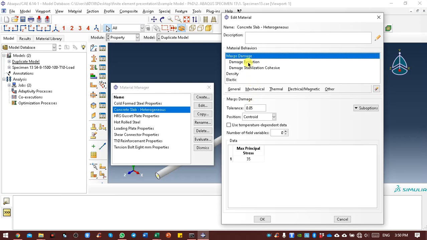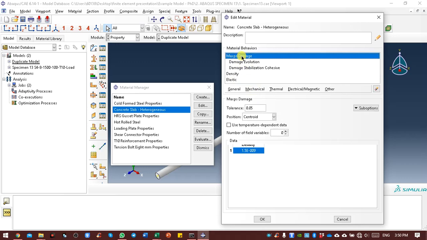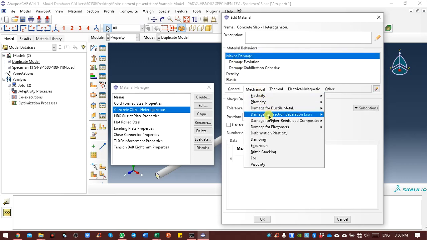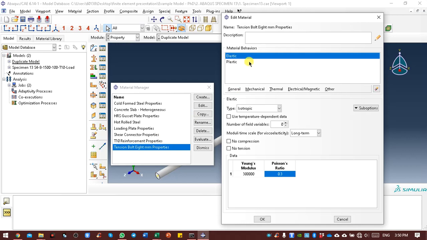So three properties: elastic, density, and also the plastic, which is used for damage, for the traction suppression law. Because of the suppression law, after this I will insert the cracking part, because with cracking we will have separation during the analysis. Okay, so the rest should be equal, because both of them have the elastic and plastic.